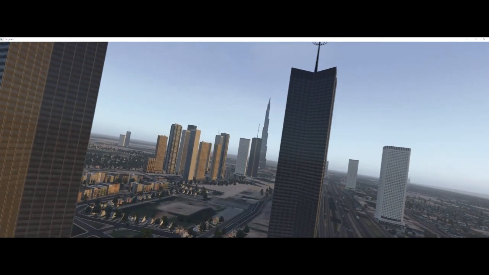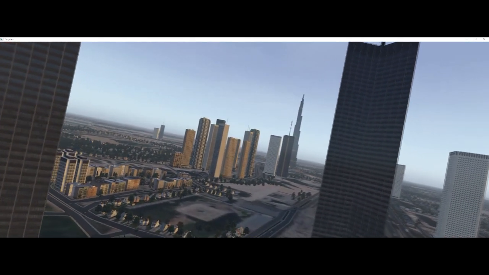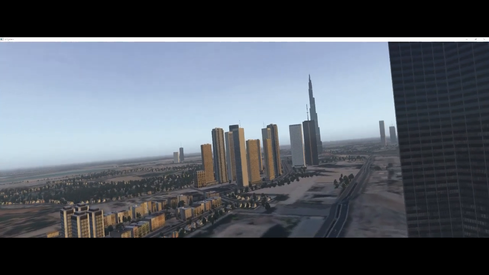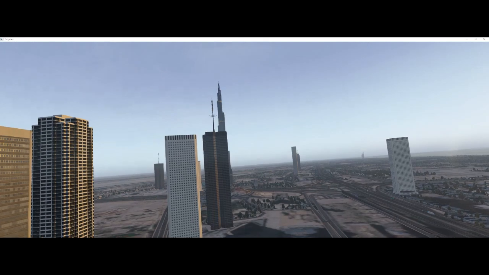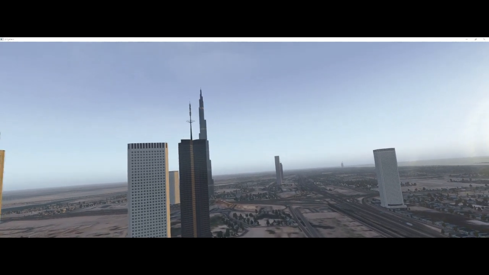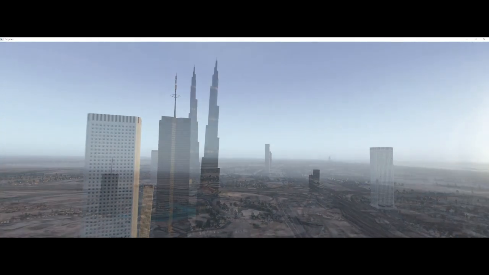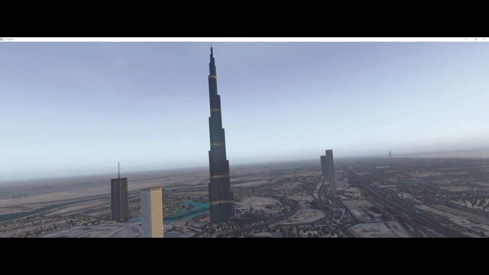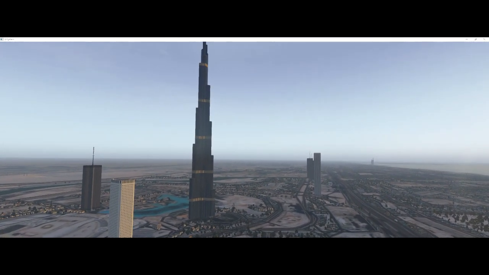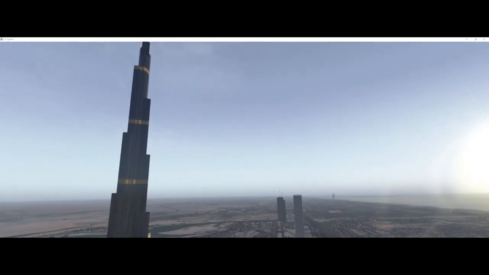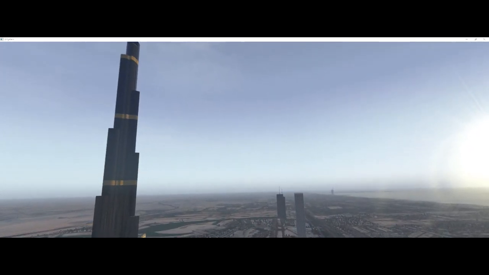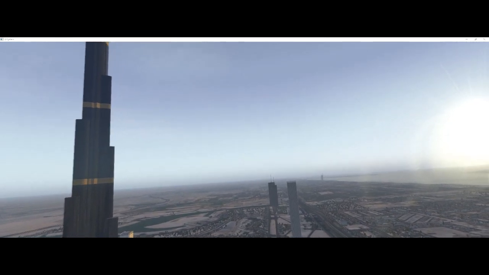All of this has been custom built and placed by Avioteks simulation software as we come towards the Burj Al Arab and the Burj Khalifa down there on the coast. Absolutely superb. Really nice. Really well done. Sorry, I think I've got that the wrong way around. The Burj Al Arab is down on the coast, yes, and Burj Khalifa, of course, is the